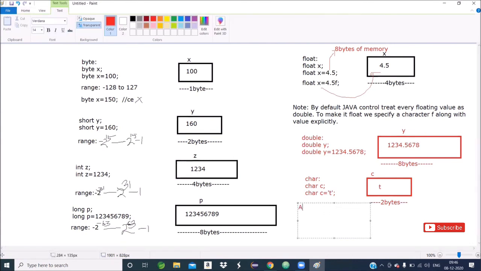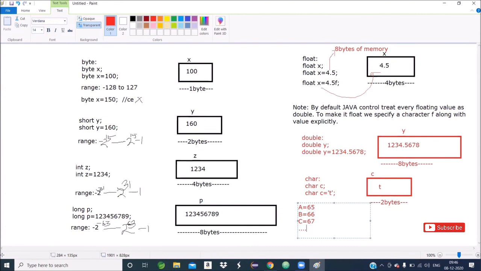Then uppercase A value is 65. Uppercase B value is 66. Uppercase C value is 67. In this way we can assign.